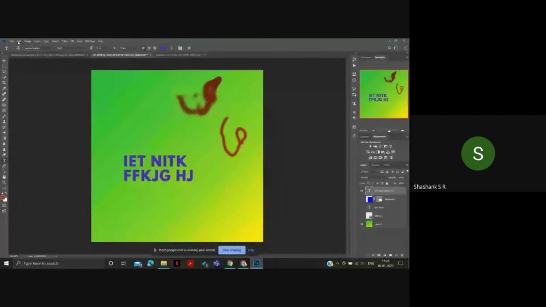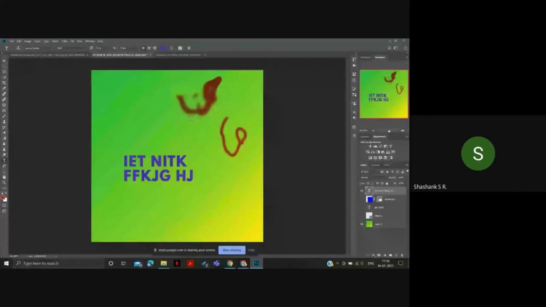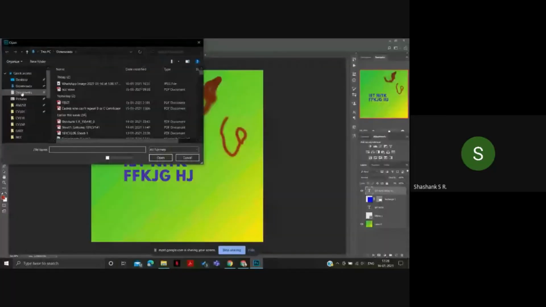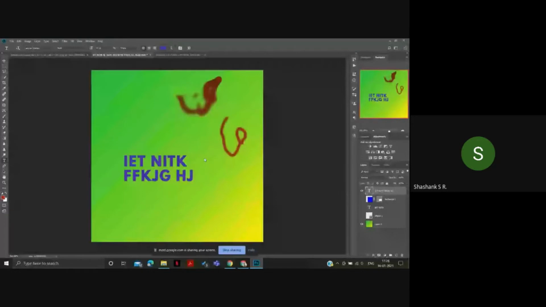If you want to open another photo in Photoshop, you have to go to File and then Open. It'll ask which photo you want to open. Just click on whatever you want to open and then click on Open.